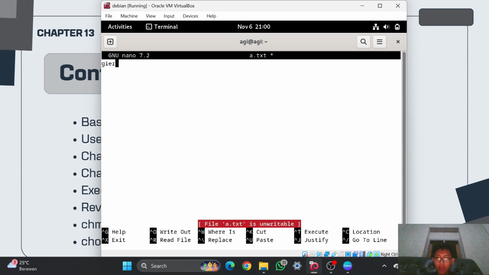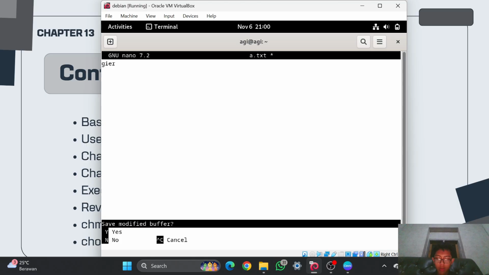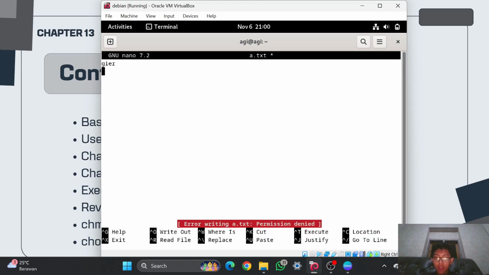So for example, I want to add that one, then Y, and then enter. It will error because the AGI user does not have a permission to edit this file because the ownership of the file is in GR2.